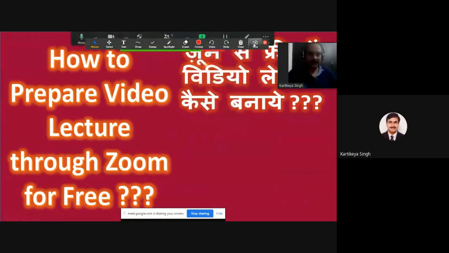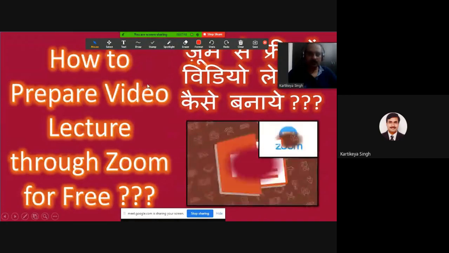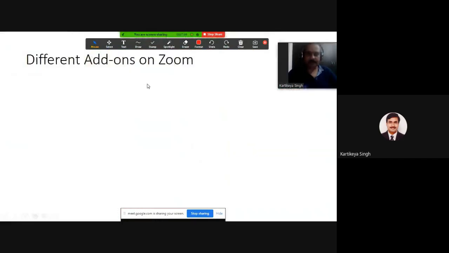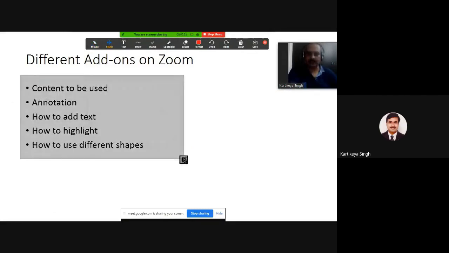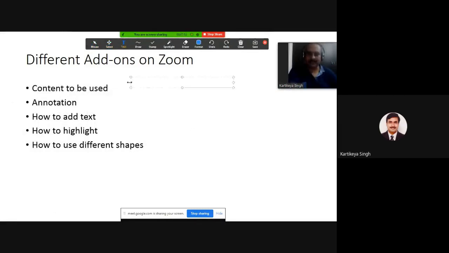I have already used my annotate. This is the first slide as per my click. Second slide. Now one by one we are going to use all these features. If I want to select a certain part, I'm going to use this one. If I'm going to add some text into this, just click on this, and while presenting yourself, you can also add text. While drawing some annotation, several options are there. Let's use them one by one.